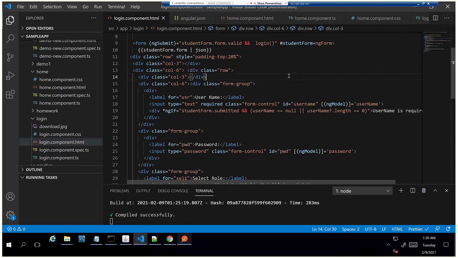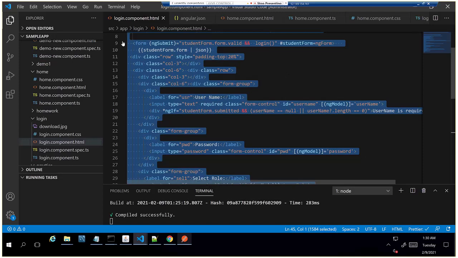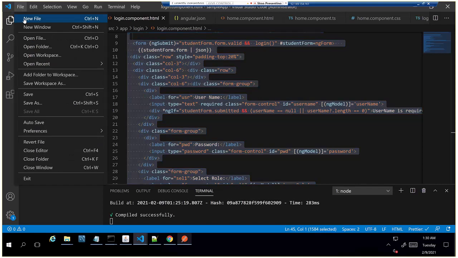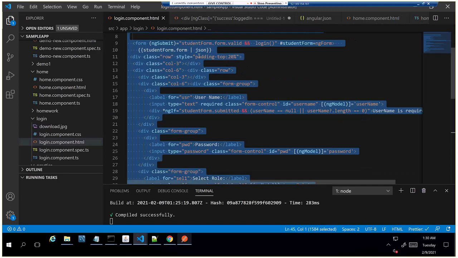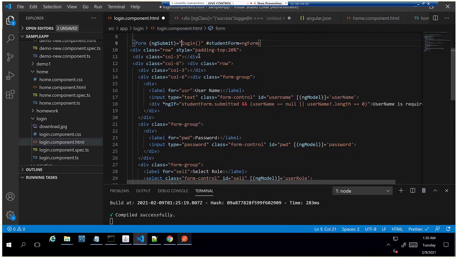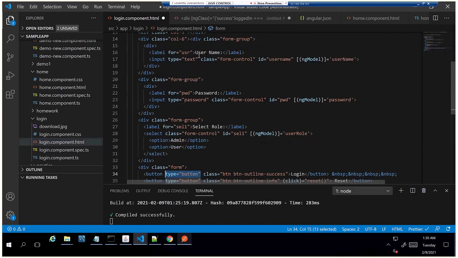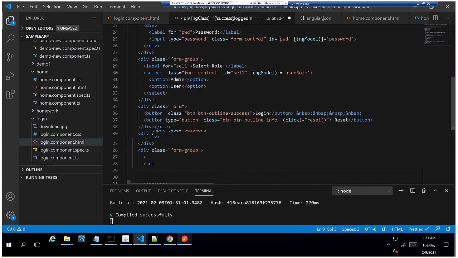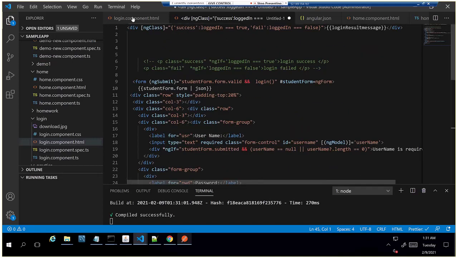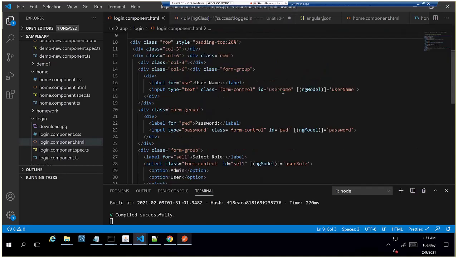Otherwise, I'll do one thing: I'll create another file here, take a backup of this, and I'll revert this code. You can use this. Tomorrow I'll copy from here and modify the code. Don't touch this file, this untitled file. And you can change this file. Tomorrow morning I'll explain what we did, some mistakes, and reactive forms.